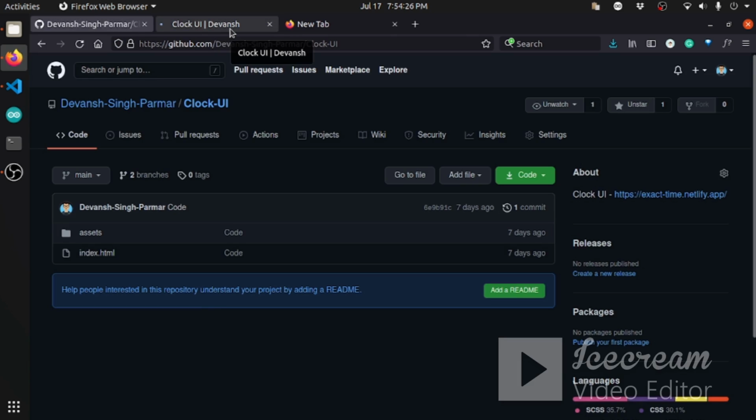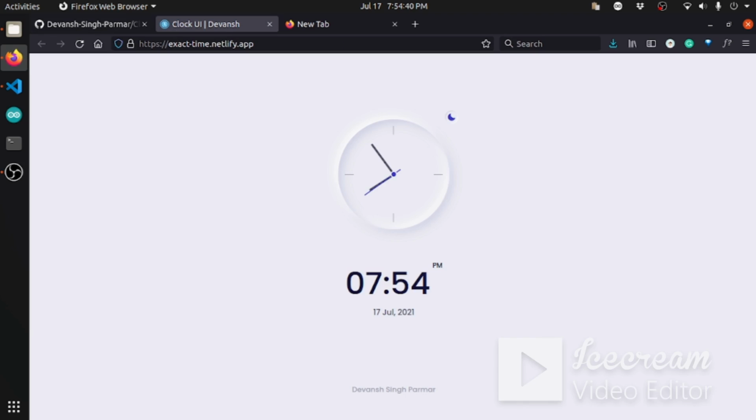We are going to see today's project, and it will be a front end project for a portfolio or anything else. Why is it taking some time? Okay, yeah, it came. Now when I visit this, you see guys, it is very interesting, and you will learn the concept of the dark theme and the light theme from this project's source code. And you can see here PM, and it is very easy, and it shows the correct time.